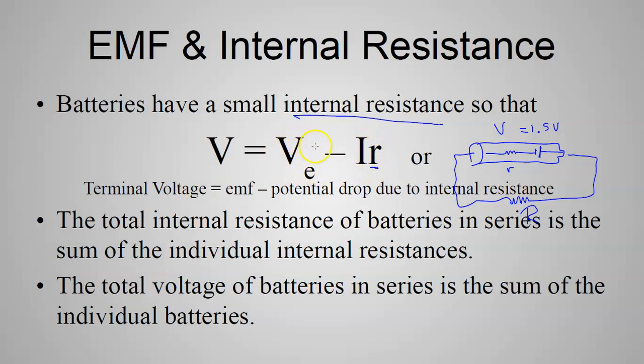So if I subtract that from the stated voltage, a lot of times this will be called V sub E. Imagine a little V there, or E there if you would. That would be V sub E. That's the stated voltage, or the EMF is often what people call it, electromotive force. That's fine. But we're subtracting the potential drop due to the internal resistance of the battery. That would give you the real, or the measured, the metered